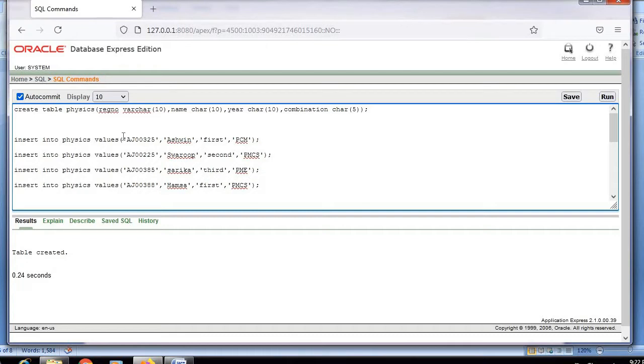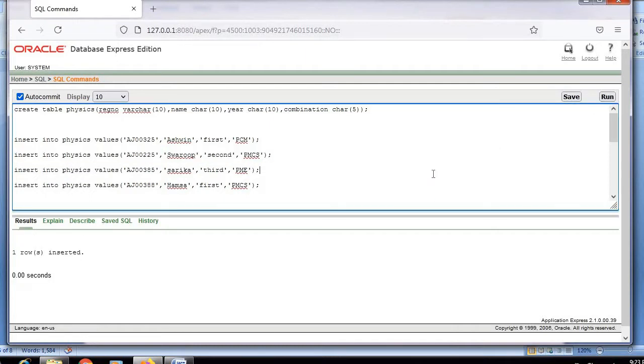First we have register number, I have written here AJ00325. Then the name of the student, which is Ashwin. Then the year is first and the combination is PCM. So I have taken the first record. I will select and insert this. Yes, one row inserted. The same way we will insert all four rows into the table physics.